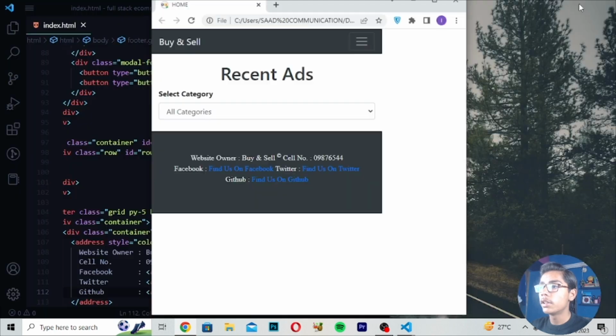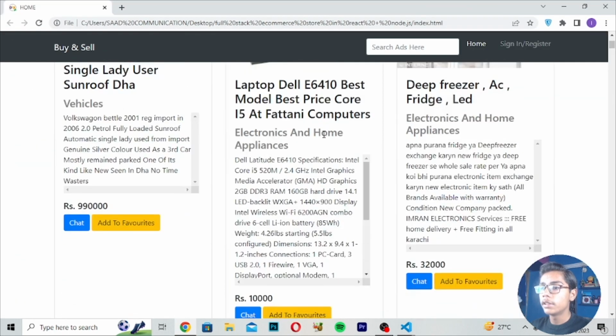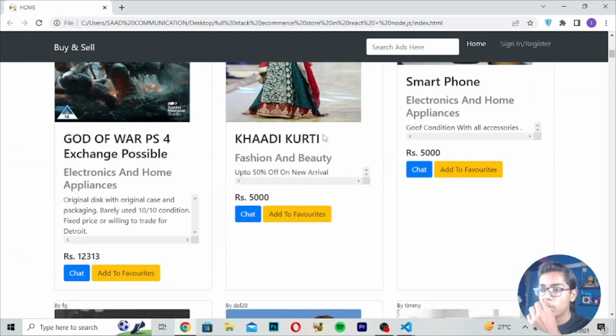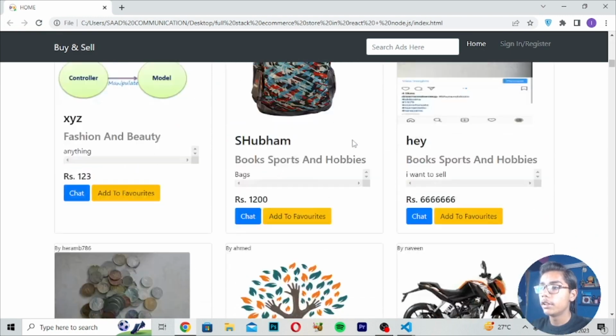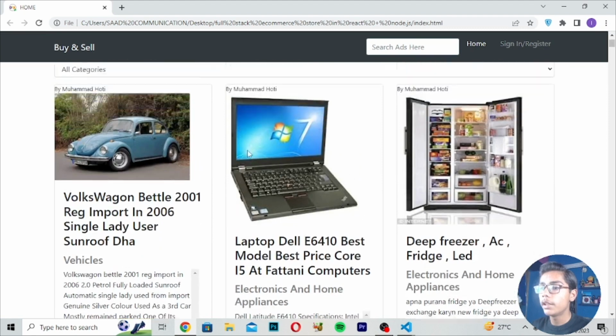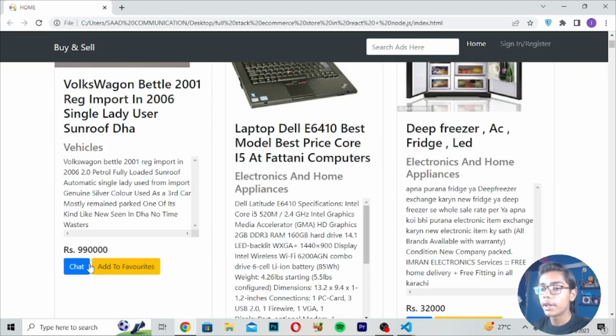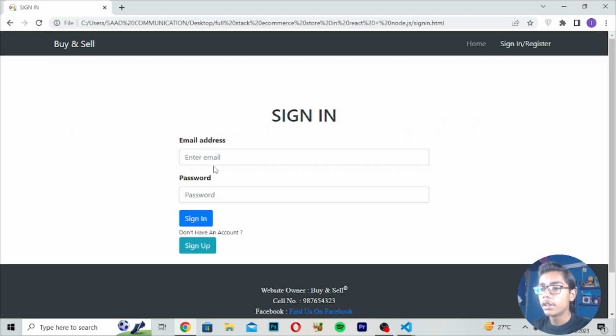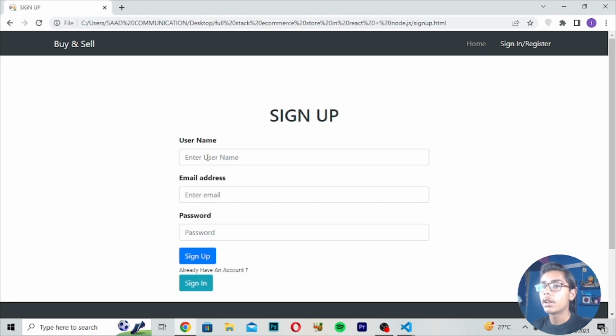Now it is showing all the things which we want here like this, and you can see it is showing all the e-commerce products which we have entered here. You can see this unlimited e-commerce product. It is showing me because I've linked it with the site. You can see it is showing me the price of the thing. Then you can chat with the user. Here you have also gotten the sign in and the sign up functionality in this full stack e-commerce site. You can see this. You can sign up with your account if you want to sign up. Like you have to write here username. I'll be writing my name, then the email address.